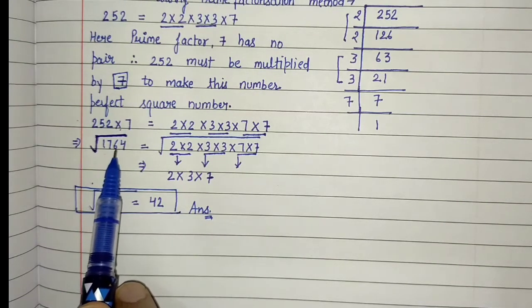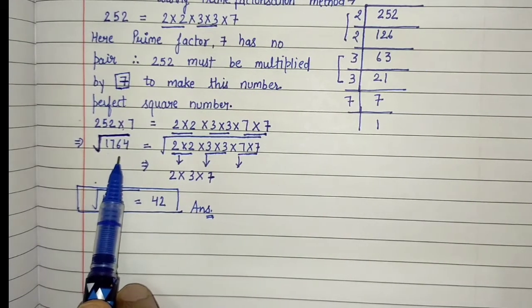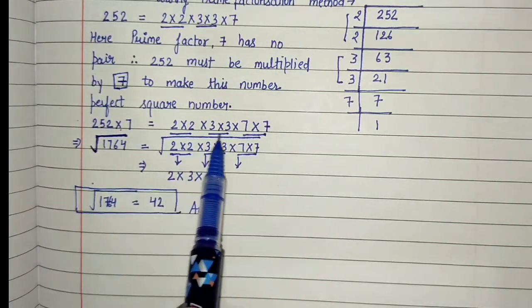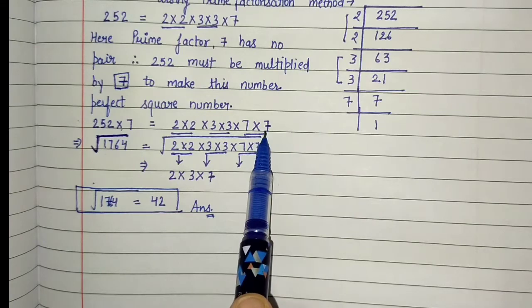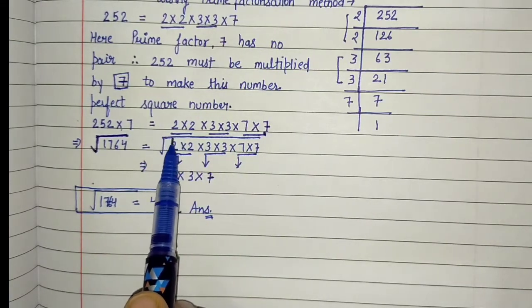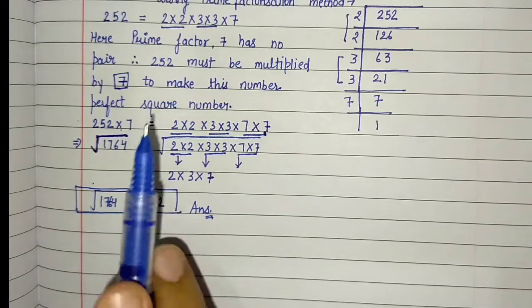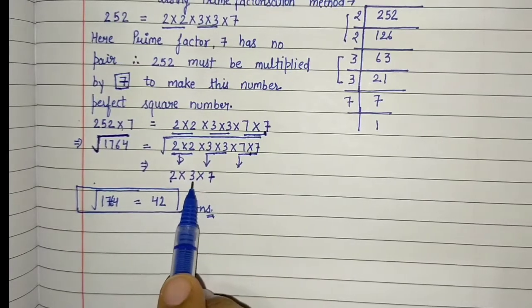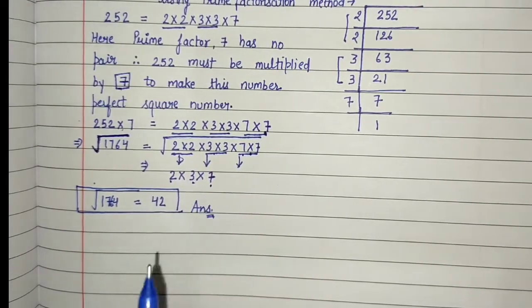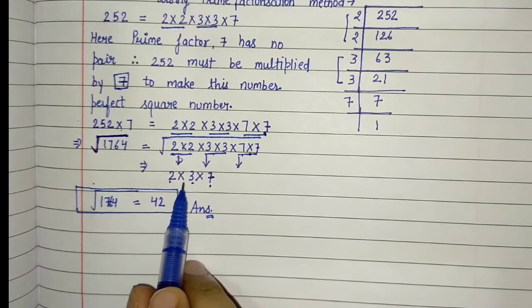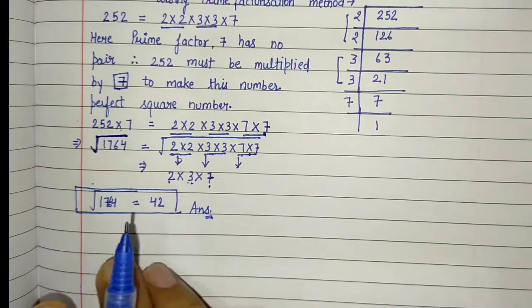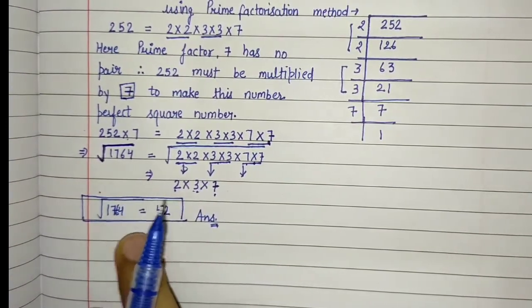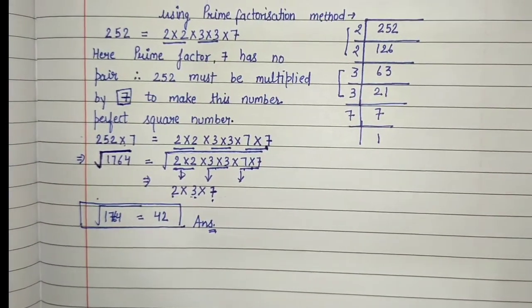Now as we did in question number 4, we have to find the square root of this number. The prime factorization of this number is already done on this side. Now on the right hand side, just put the numbers in the square root. Then all the numbers have pairs, so one of each goes outside: 2, 3 and 7. The multiplication is 2 into 3 is 6, 6 into 7 is 42. This is your final answer. So the square root of this number is equal to 42. Now move to the second part. The second part is 180. Same question.